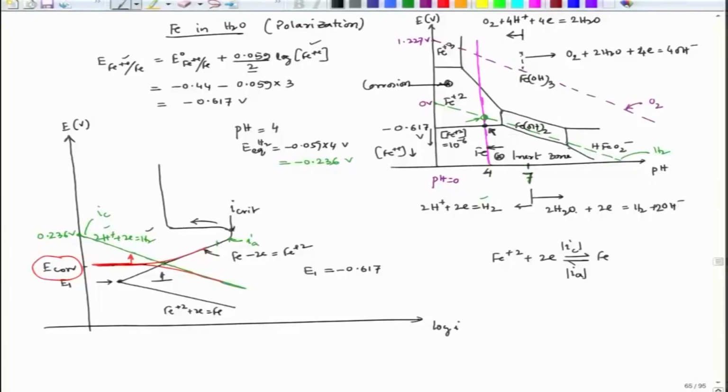This particular maximum point corresponds to E_pp, that means primary passivation potential, and that corresponds to this point where the polarization cuts the line between Fe2+ and Fe(OH)3, and Fe(OH)3 forms on the metal surface